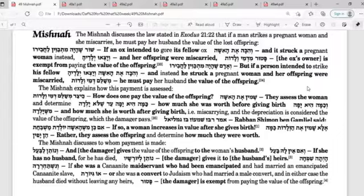Rabbi Shimon ben Gamliel says the opposite. He says, if so, a woman increases her value after giving birth. Rather, they assess the offspring and determine how much they were worth. What does this mean, guys? What he's saying, in a nutshell, is as follows: